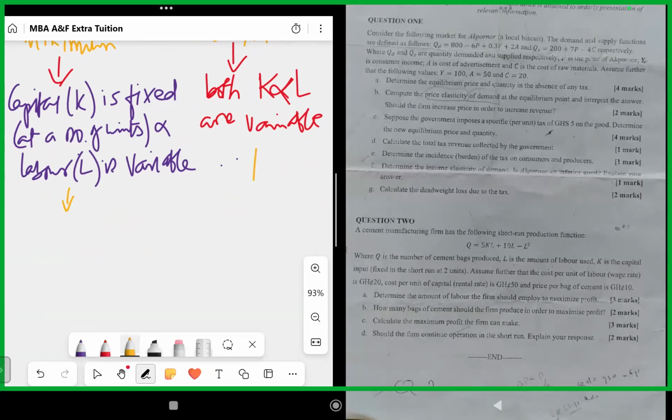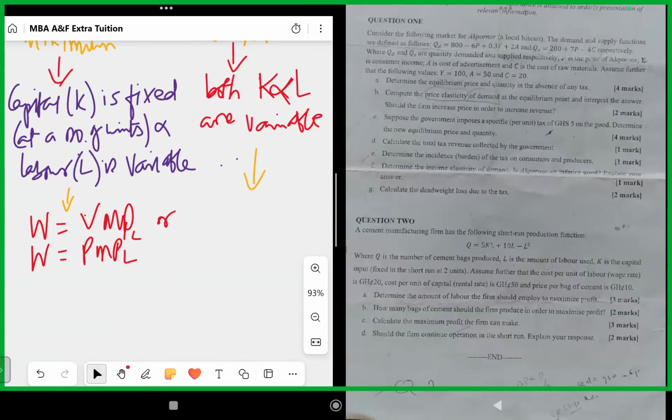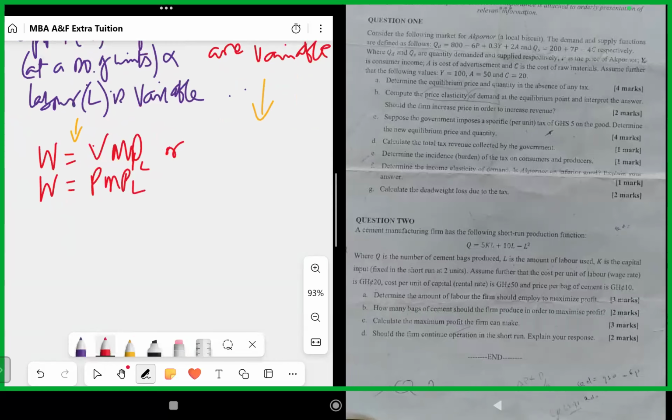We proceed. So back to what I was writing. In the short run, W, wage, is equal to what? VMPL. Or you can say that wage is equal to P times MPL, where the wage can be described as the cost